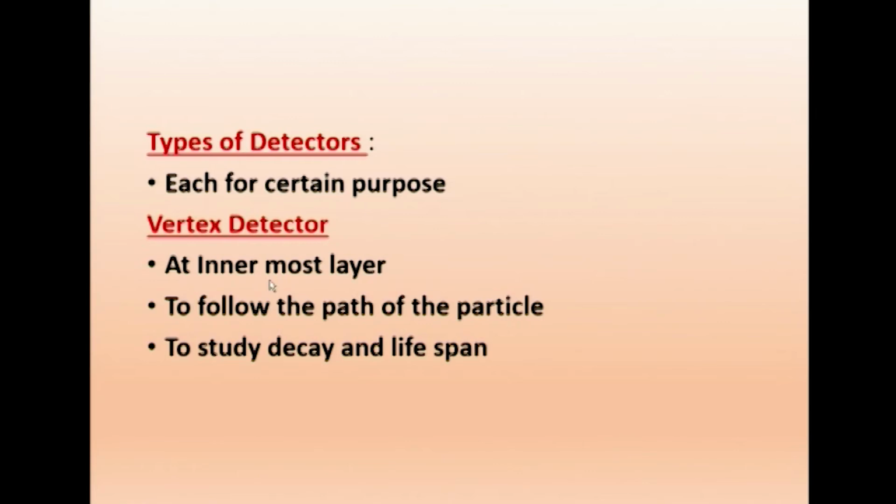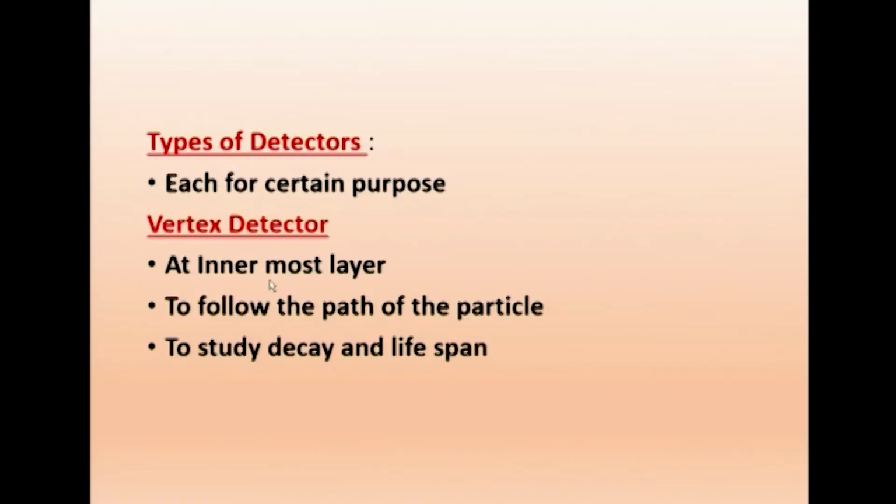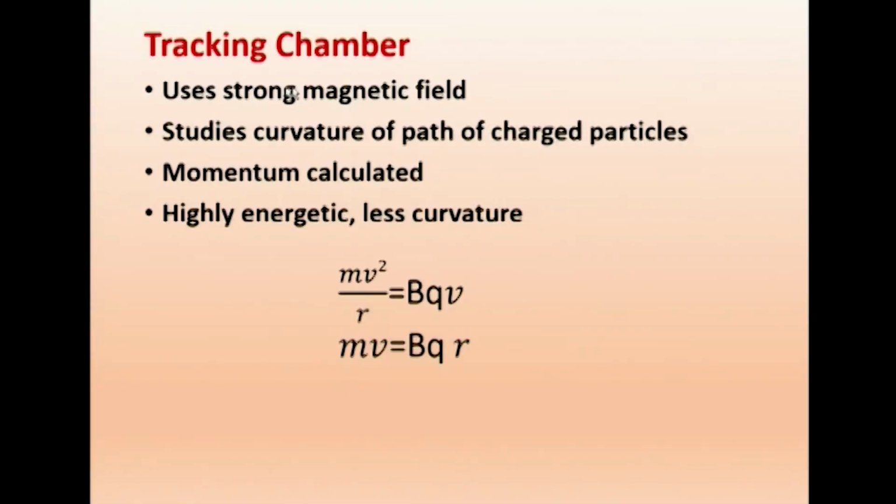The aim of that is to follow the path of the colliding proton after the collision, because it vanishes in a short duration. So we follow the path of the particle to study the decay and lifespan. It will be a very short duration. How does it decay? The proton decays into what? Maybe it gives mesons or whatever. We will see that, and how long it exists, its lifespan. So that is a vertex detector. Then we have what is called the tracking chamber. As the particle is coming, we have to track it. It is a charged particle, proton.